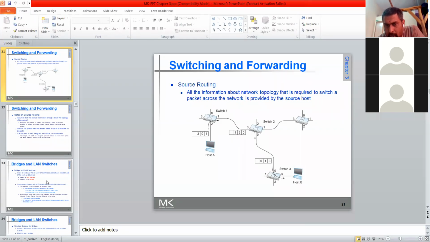So the input coming is 3, and the output that should go is 0. That means the last rightmost bit will tell which is the output port of switch 2. Now again I repeat, here 3 will be added, that is the input port is 3, and the output port will be 0.